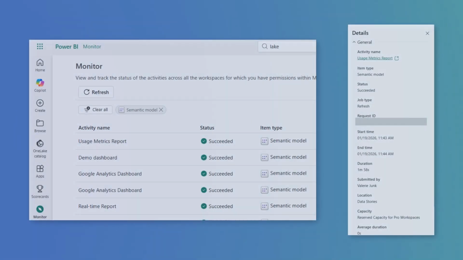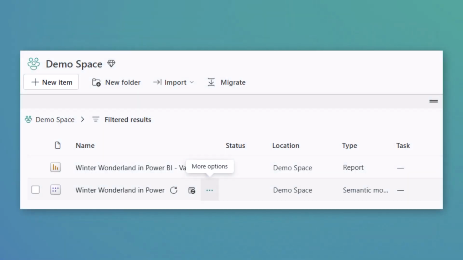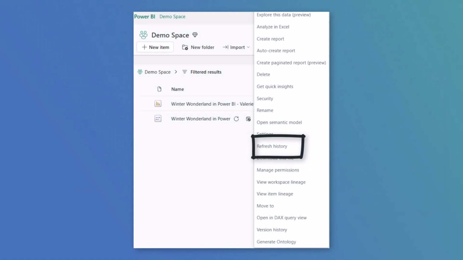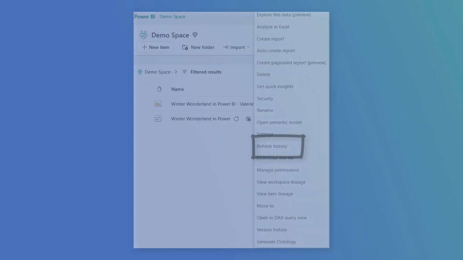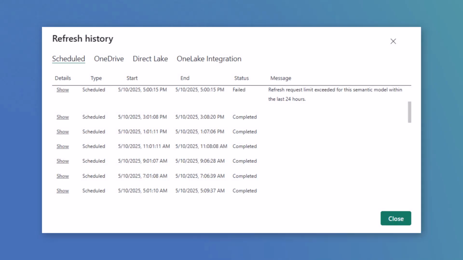So the monitoring hub is a place where we have this overview about everything that happens, at least the things we have access to. But sometimes you're only interested in one semantic model. Maybe you're the owner of the semantic model and you don't care that much about everything else that happens, but you really want to make sure that this semantic model is refreshing. So what you can also do is go to the workspace where your semantic model is published. You can click on the three dots next to the semantic model, go to settings and open the refresh section. And this history gives you basically a list of every refresh attempt: if it was a success or failure, the duration, and if there was an error,